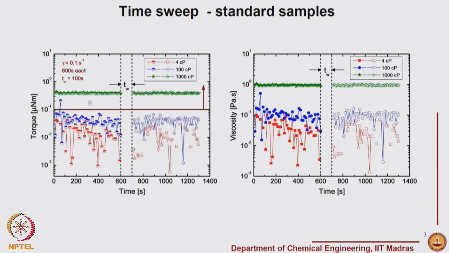One other thing that you can notice is that if I just stop shearing, so I give some waiting time and then again start the experiment, and in this TW period the rheometer was stopped, you can see immediately when you start the experiment again you get exactly the same results. So these are some ways of checks and balances,